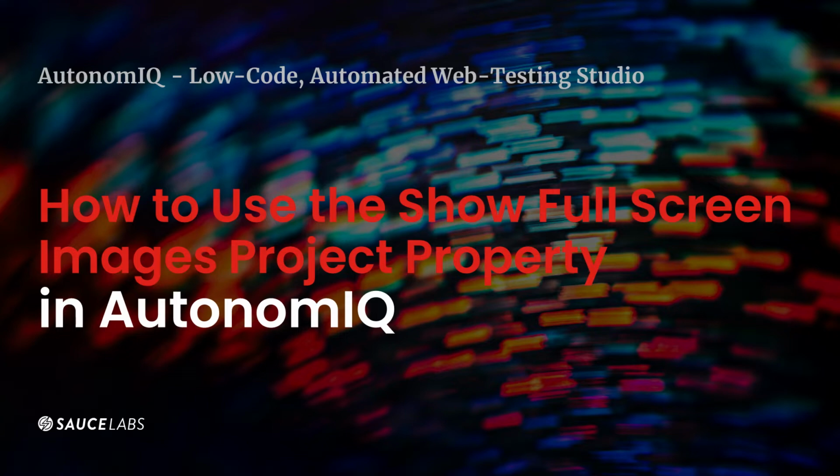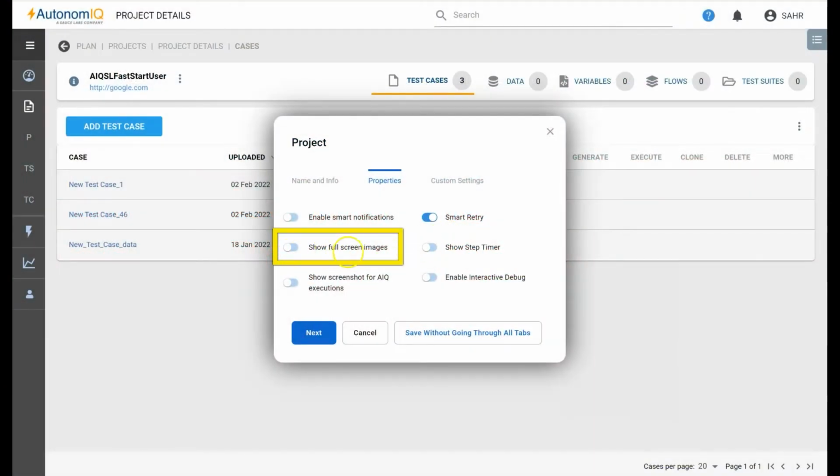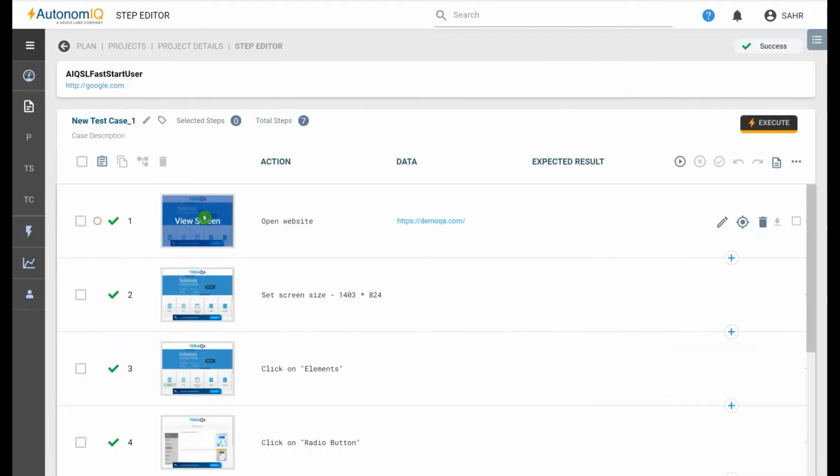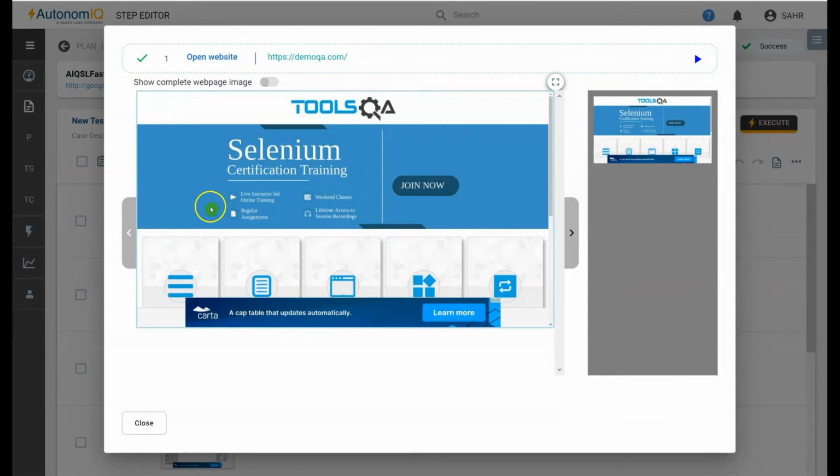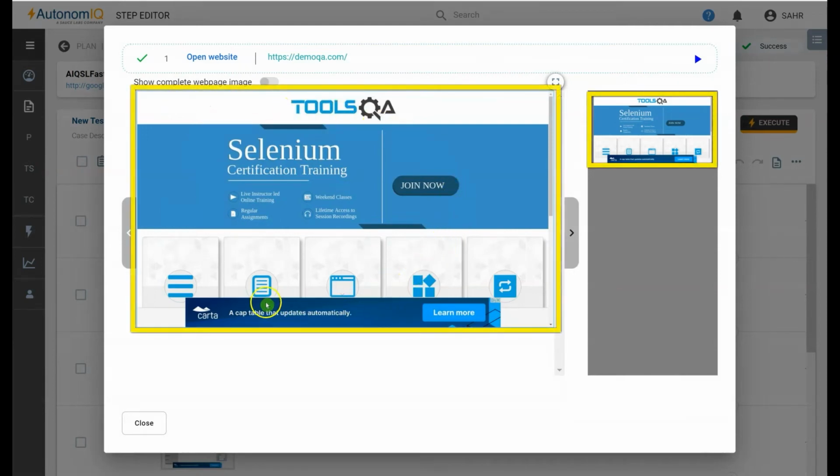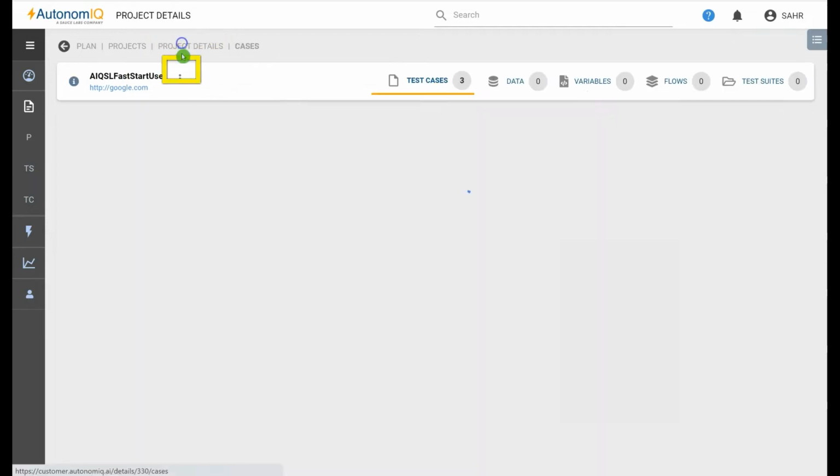In this segment of our video series on project properties, we're going to review how to use Autonomic's show full screen images. This functionality is helpful on a website with a long page where you need to scroll down. For example, the form is not clear because it is a very long page. So we'll switch on the property